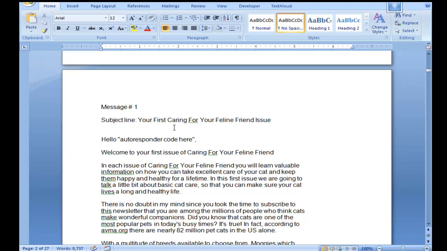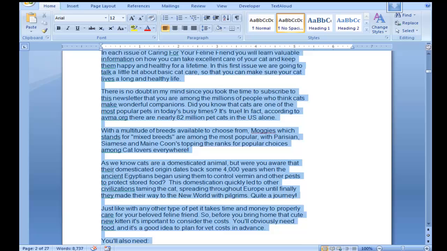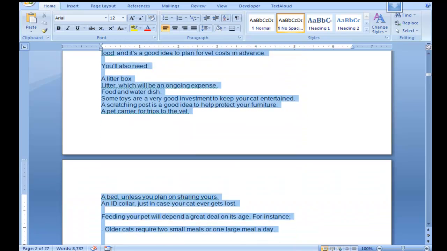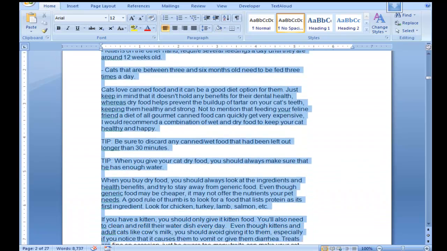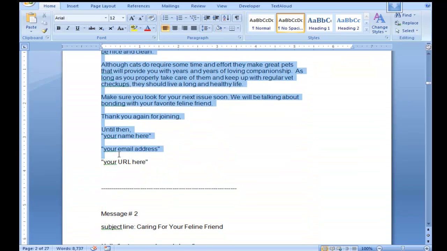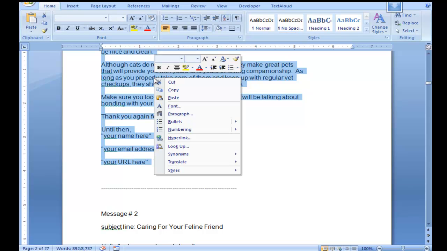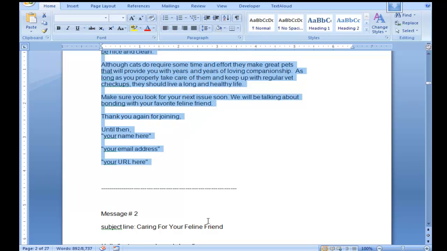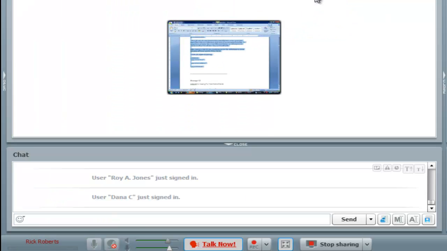But after you've got the Word doc file loaded, you just highlight each one of the messages one at a time like this. And of course, you don't really have to get that last part out. Just for demonstration purposes, I'm going to grab it, just highlight one of the messages and copy it. And then we're going to go to another website called